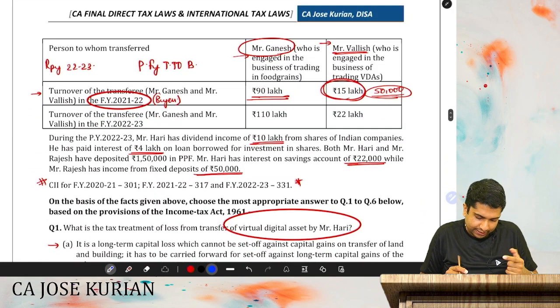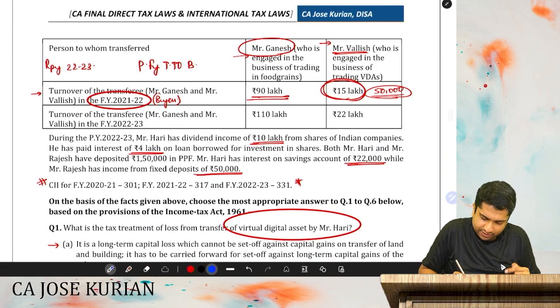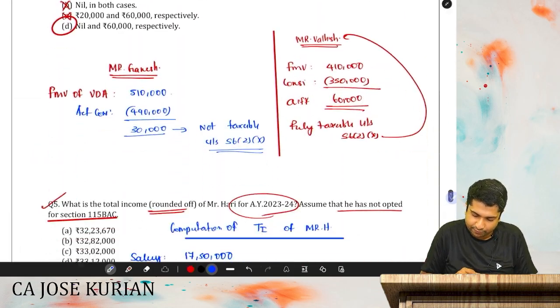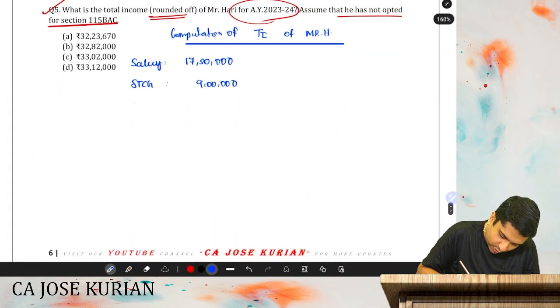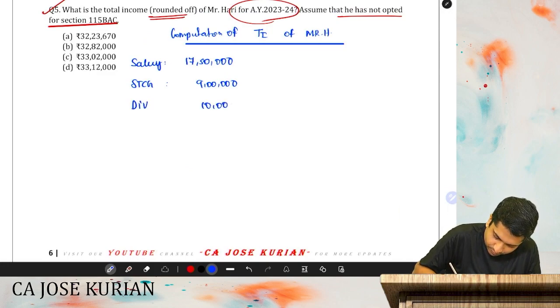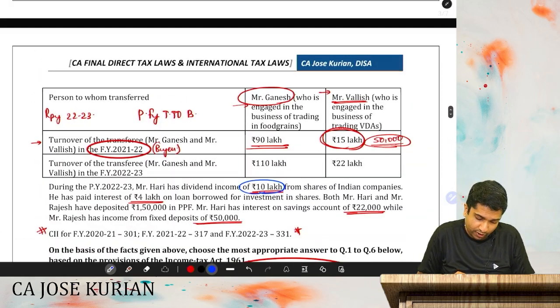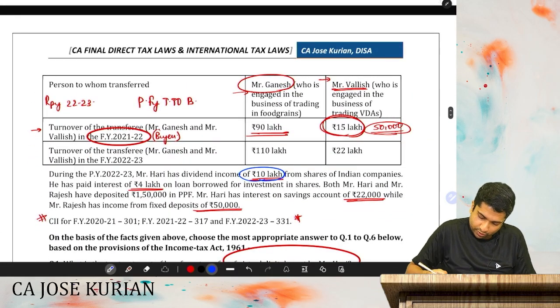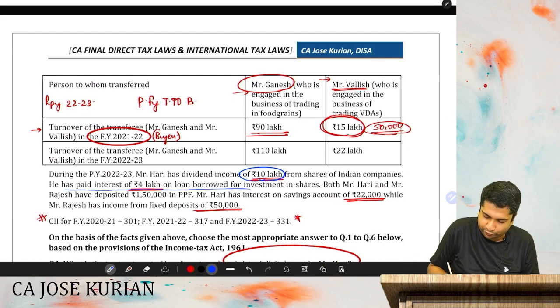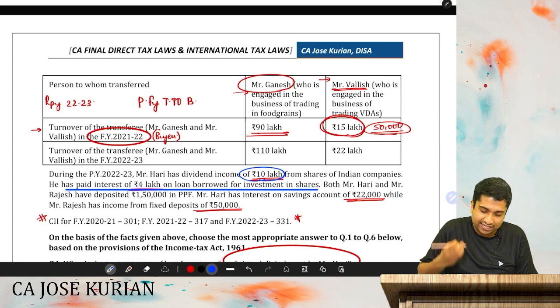Moving on. Does he have any other income? So Mr. Hari has a dividend income of 10 lakh. Now he has a dividend income from shares. So Hari's dividend income is around 10 lakhs. Now listen friends, listen. They also say one more thing under that. From shares of an Indian company, he paid interest of 4 lakh on loan borrowed for investment in shares. So under section 57,